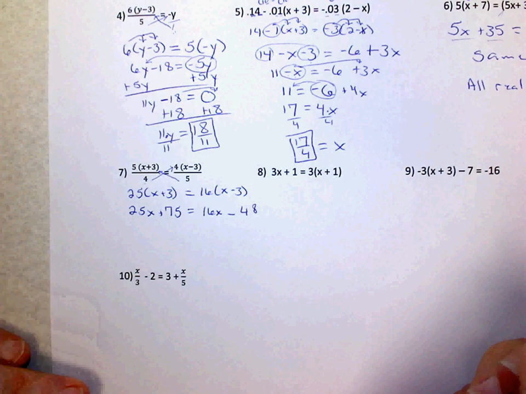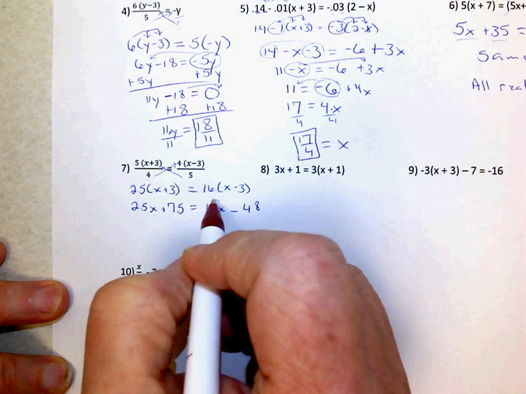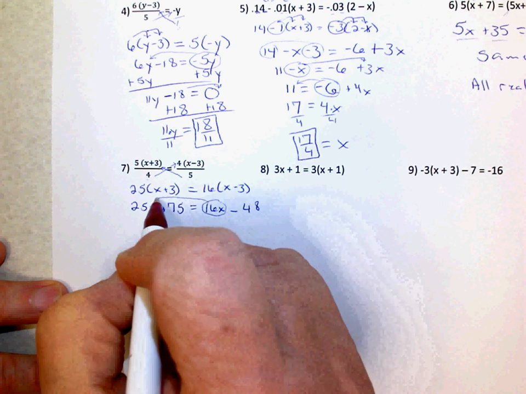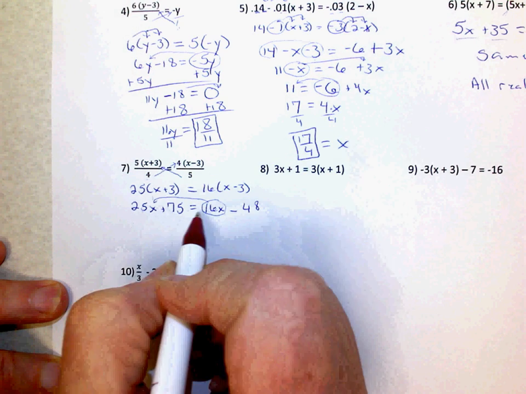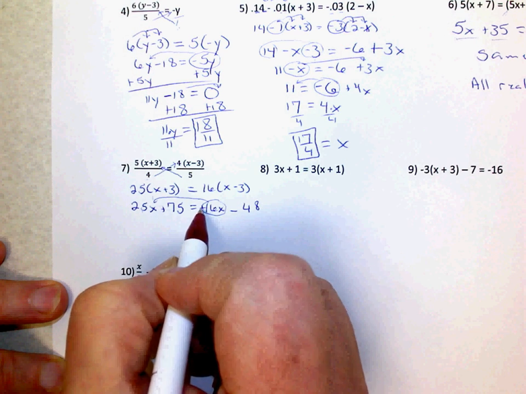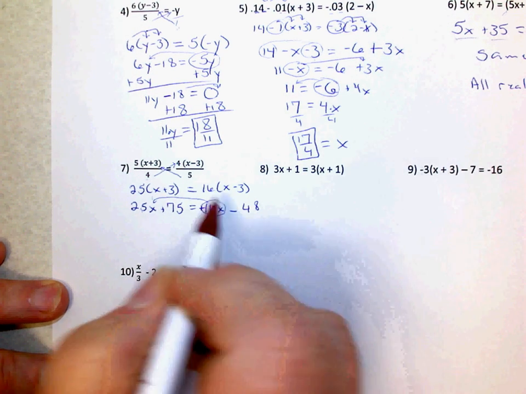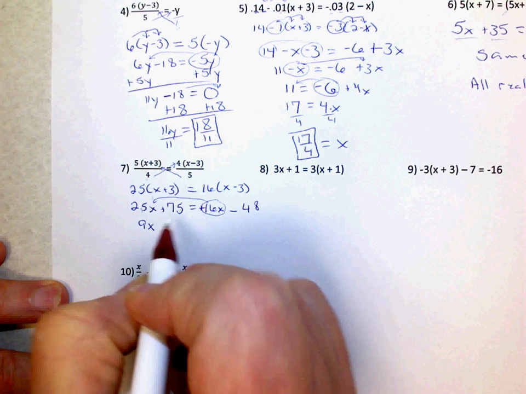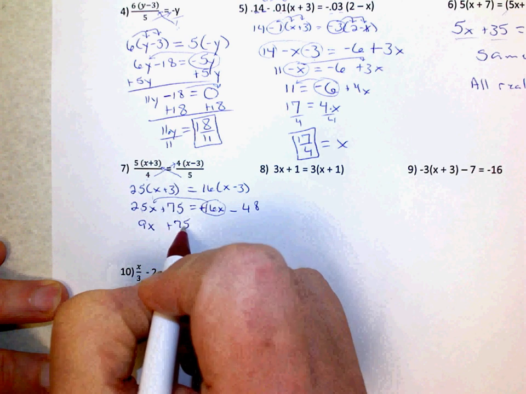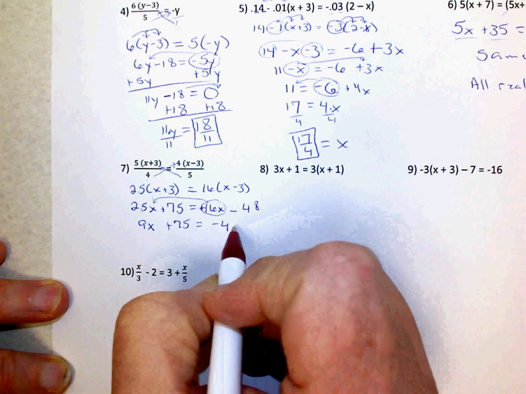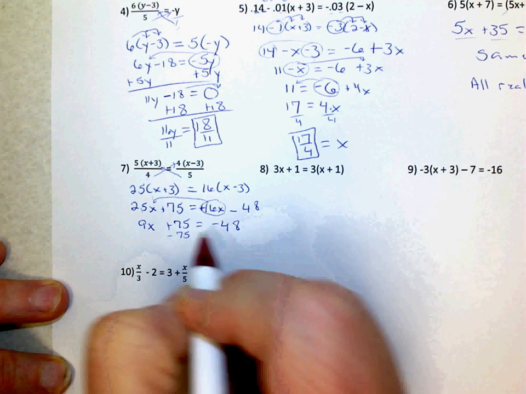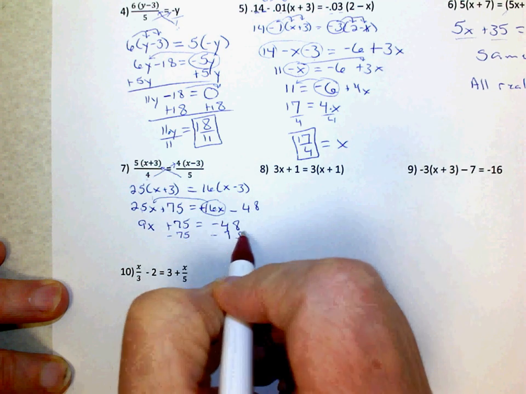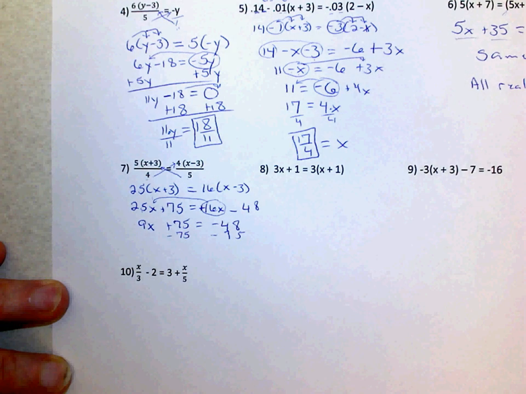Now, small x to big X, always, always, and for what? Forever. So 25, and the opposite of adding 16 is to minus 16. So that leaves us 9x's plus 75 equals negative 48. Then we subtract 75, and that's ugly. So if you owe 48 and then you borrow 75 more,